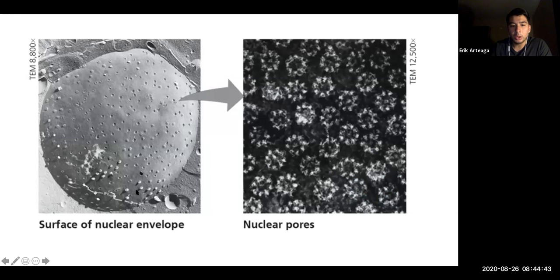Yeah. So here we have the nucleus. This is an electron micrograph or transmission electron micrograph. Again, electrons can have a higher level of resolution, so you cannot see this with a light microscope. You need to have an electron microscope here. So here you see the surface of that nucleus. And you have these pores. Again, if you look closer, you see these individualized pores here, which are going to have these proteins associated with it. Again, having these pores allow for the exit of mRNA or the entrance of protein